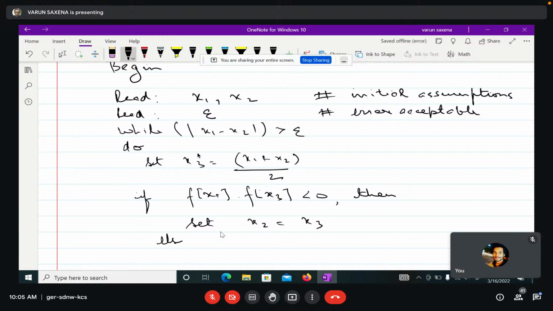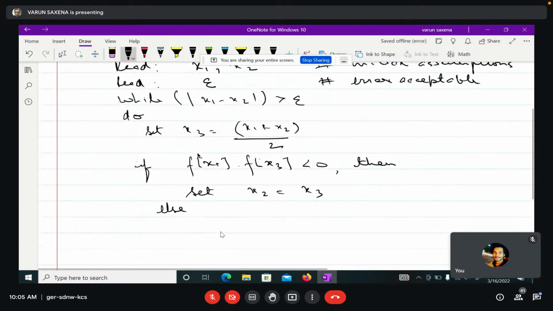Else, if this is not the case, then you set x1 to x3, because if f(x1) into f(x3) is greater than 0, that means the root lies between x3 and x2. So the next x1 becomes x3. Then your if will end, and then your do will end,